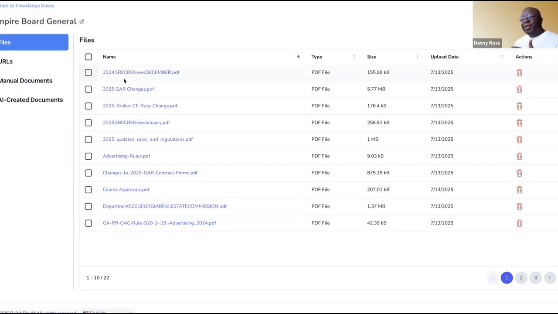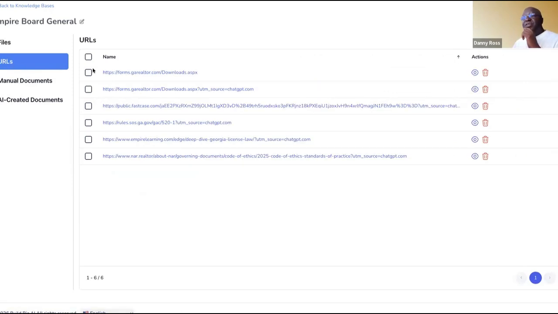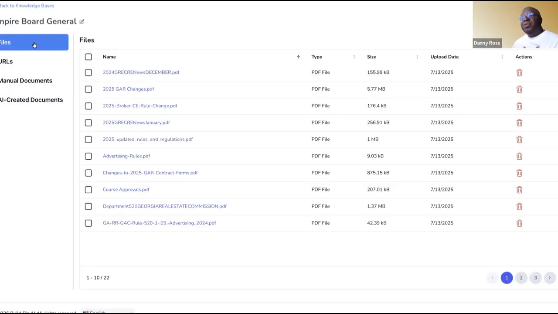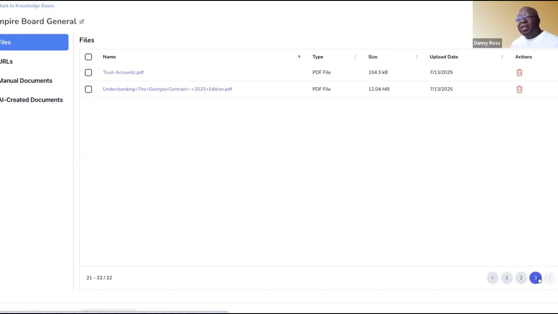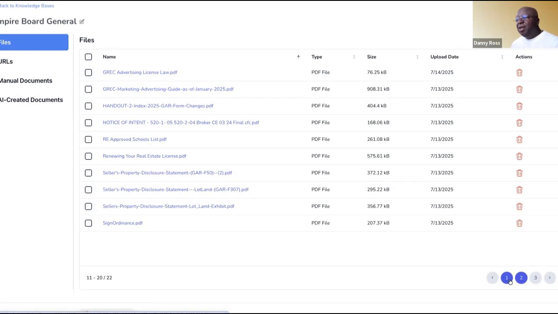So this is all about real estate. There's lots of things in here that are specific to real estate, broker rules and things like that. And then there's real URLs that the AI can use to learn about your business and your systems. So you can give them all of these websites, your own websites, related industry websites, things like that. And then you can upload documents, and all of those would be put into what's called a knowledge base. So you can have as many of these as you need. You can see this one has about 28 documents in it that we've trained it on.